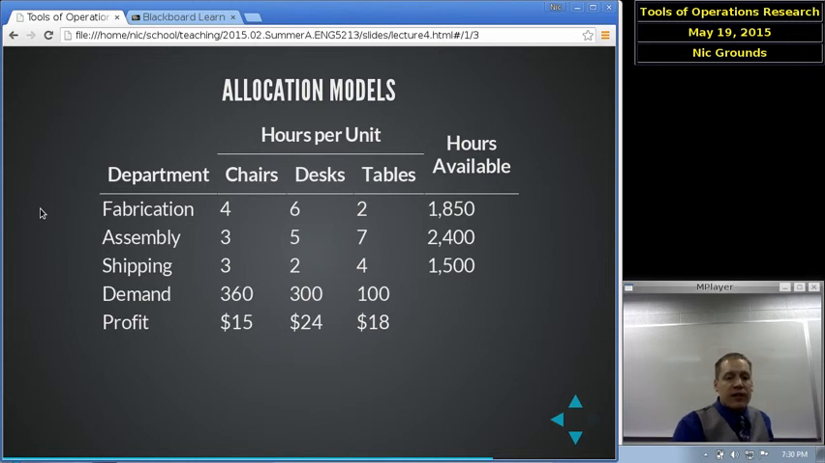Then there's the demand or the market that says this is the maximum number of product you can sell, we think. So we can sell 360 chairs, but no more. We think there's just no more people to be buying chairs after that, or 300 desks or 100 tables. And then finally, the profit per unit says that we can make $15 per chair, $24 per desk, and $18